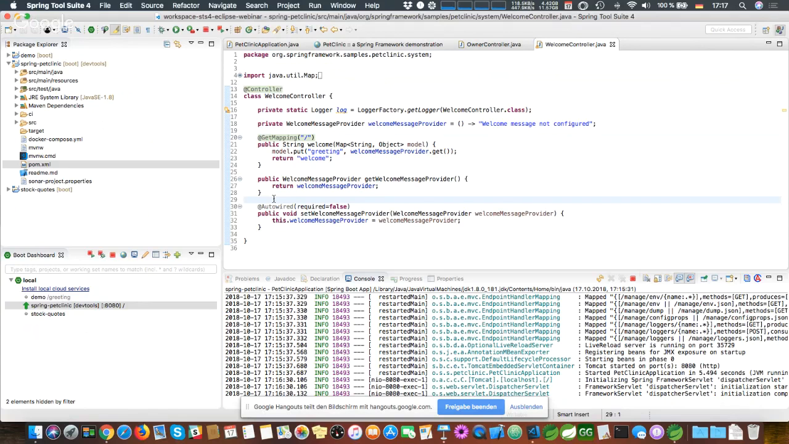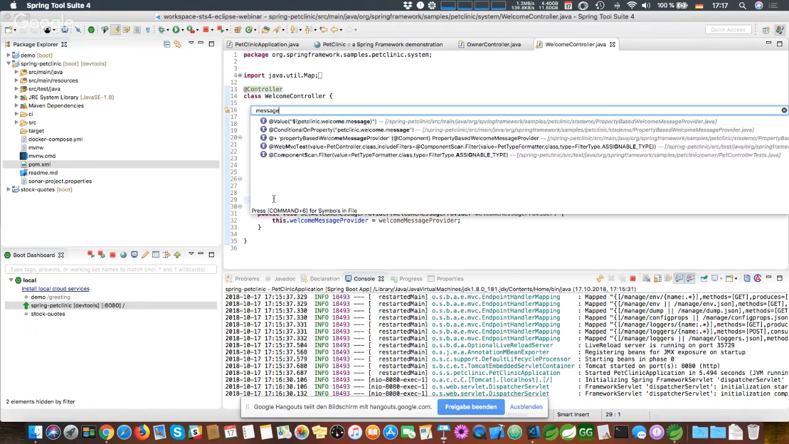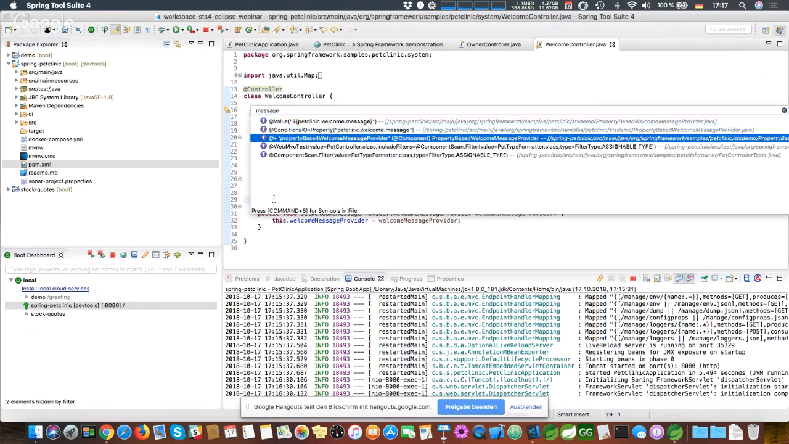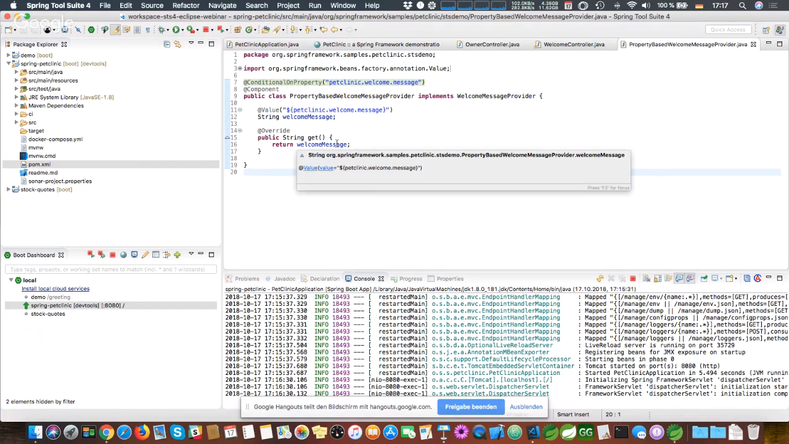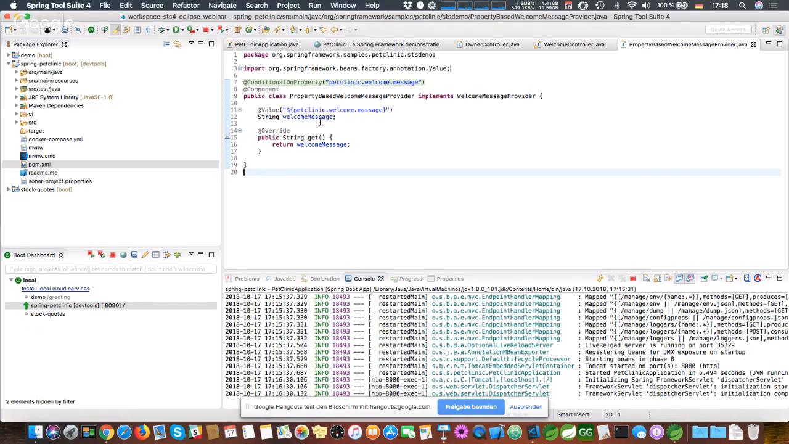Let's use the quick navigation to see if there is a message provider. Oh, there's a property-based welcome message provider being defined in my source code. Maybe that's it. Let's take a look. Property-based welcome message provider, that looks good. It reads a property, a welcome message, and returns the welcome message. So that's what I want to see in my app. But